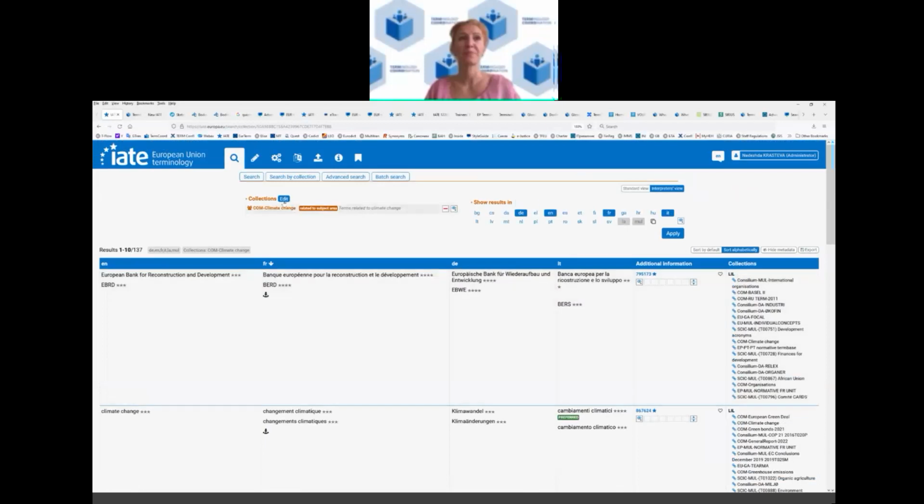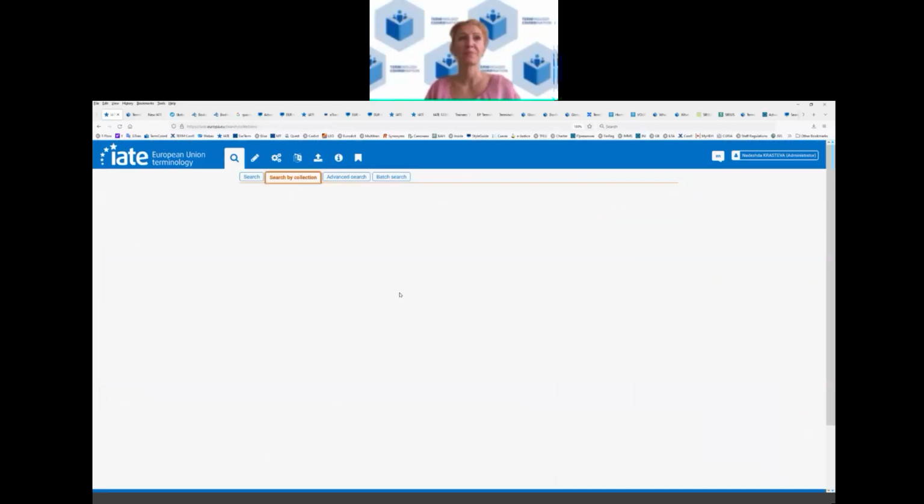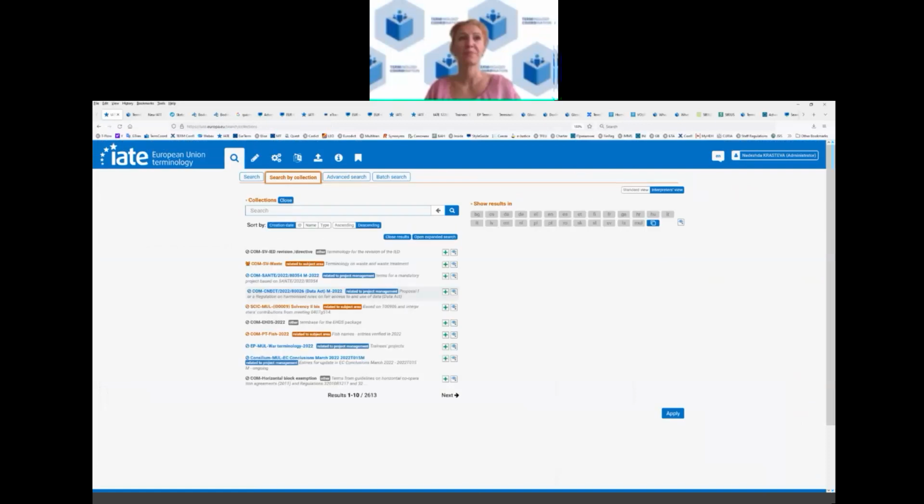Right. So let's go back to our search by collection, and I'll show you something else. Of course, if you know the name or the owner of the collection, you can write it right here. Let's say Court of Justice, and you get the collections here. But I personally find it even easier if you expand the search here. So open expanded search in the collections